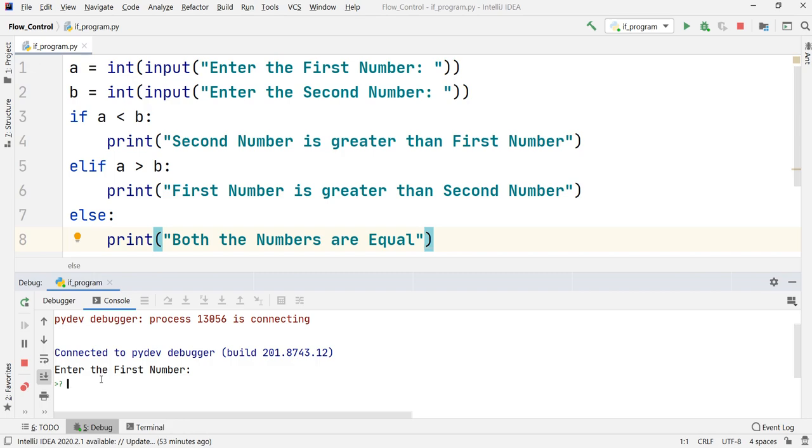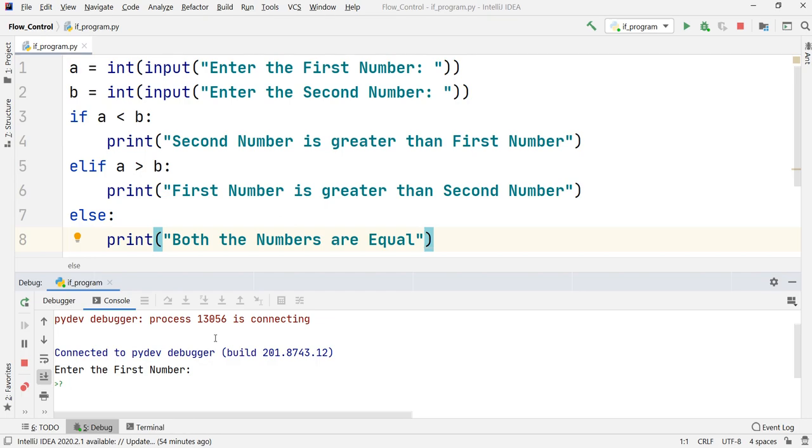But one more thing that you will have to do while using the debugger, other than the output window, is to understand why we are making use of this tool, or what the purpose of this tool is. This tool basically tells us how the IDE or Python executes our code stepwise. So that is the purpose of using this tool.